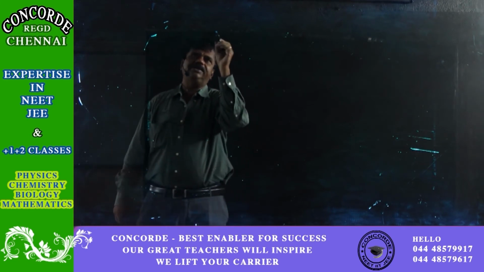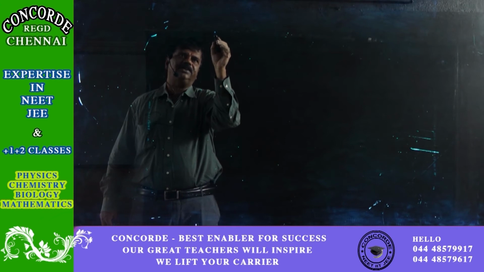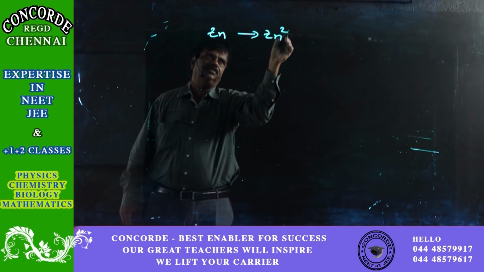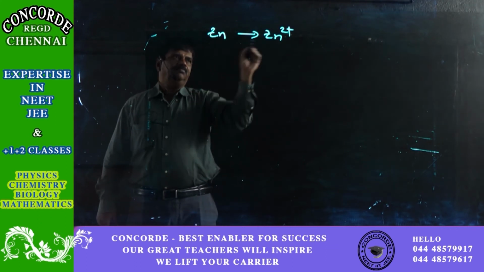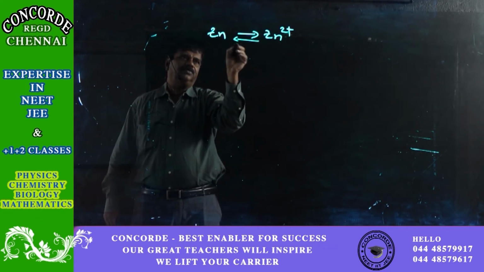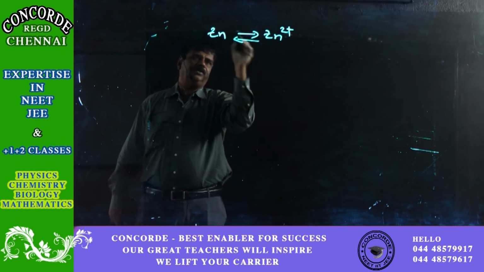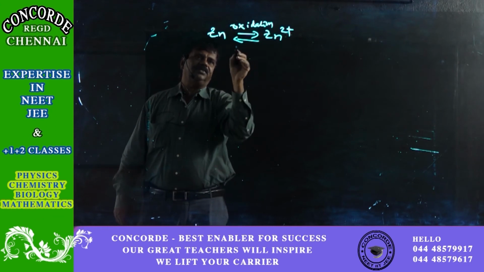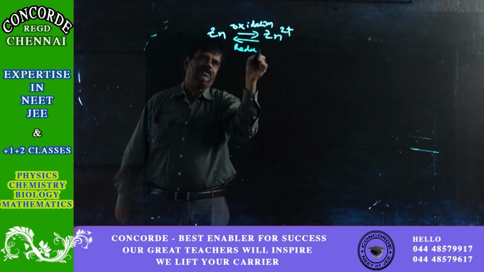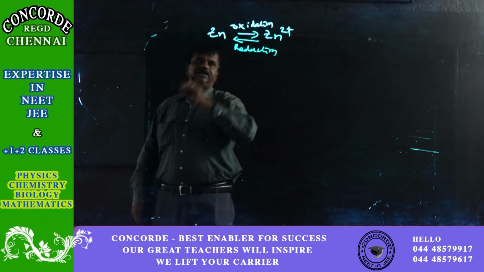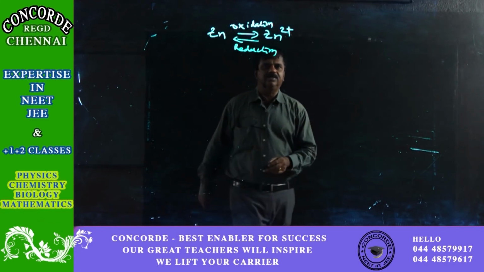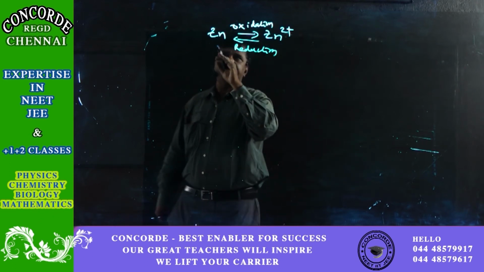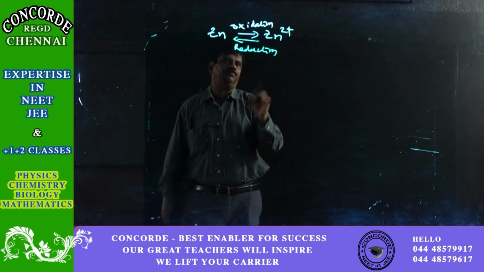Here itself in the galvanic cell we saw an oxidation reaction happening, Zn getting converted to Zn2 plus, and the same Zn2 plus can also be converted back to Zn. So in the forward direction it is an oxidation reaction, in the reverse direction it is a reduction reaction. You know it very well. Zn element can become Zn salt or Zn 2 plus ion, and this Zn2 plus ion on reduction can become Zn. Same is the case for copper.